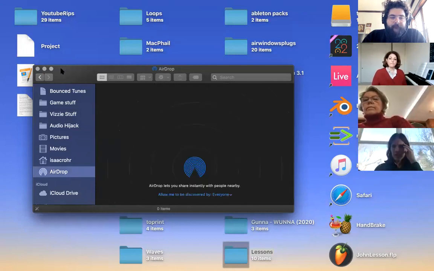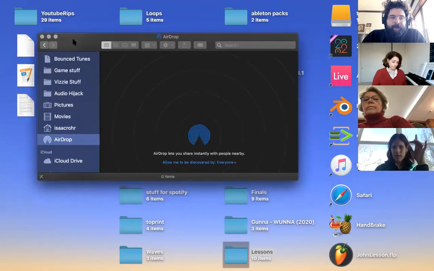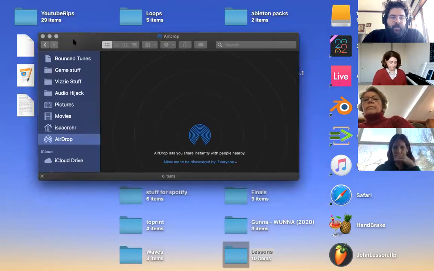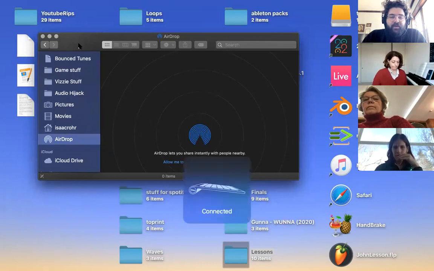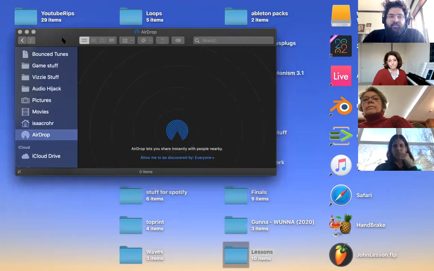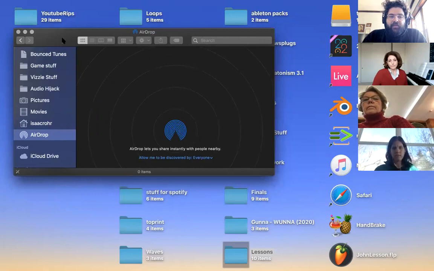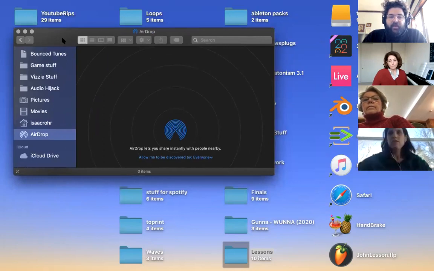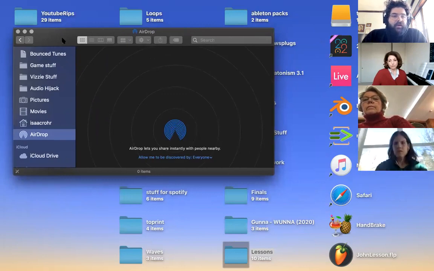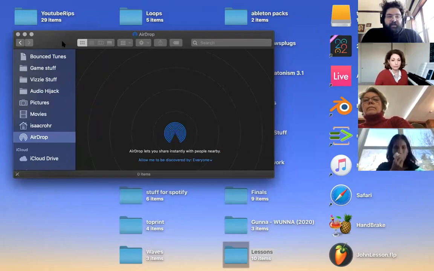To use AirDrop, does the person also have to be signed up for an account, or can you? No, so AirDrop is built into iOS devices. This is definitely one thing I suppose that I didn't run by people, but I guess I assumed it was maybe implied. But iMovie is iOS and OS X only, so it's a Mac only application. So AirDrop is just a built-in feature of iPhones and Macs, basically.